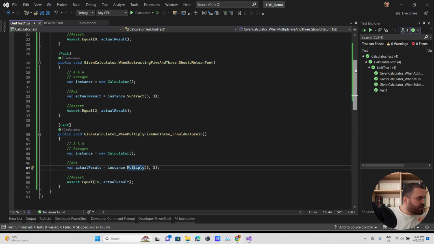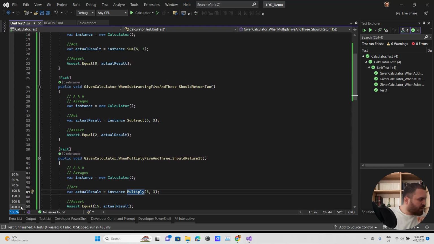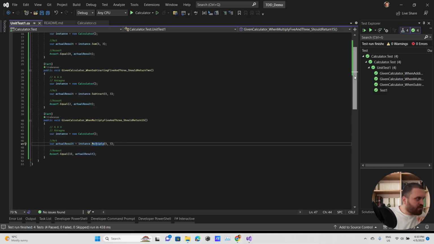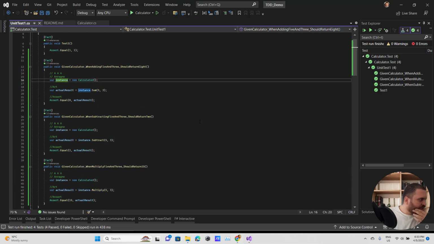Okay, let's see here. Let me zoom back a bit to see. I'm using instance, and I am instantiating instance in all the methods.